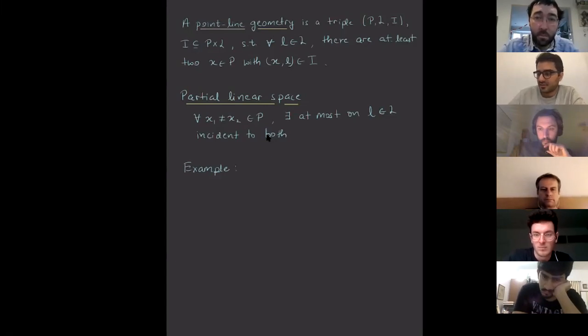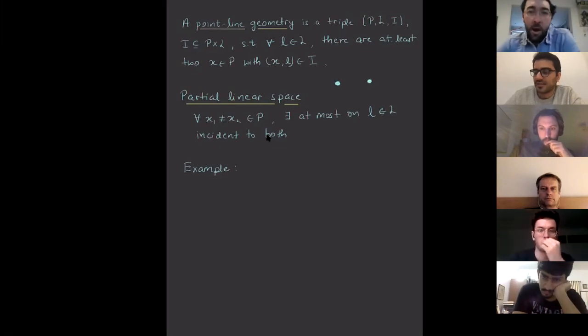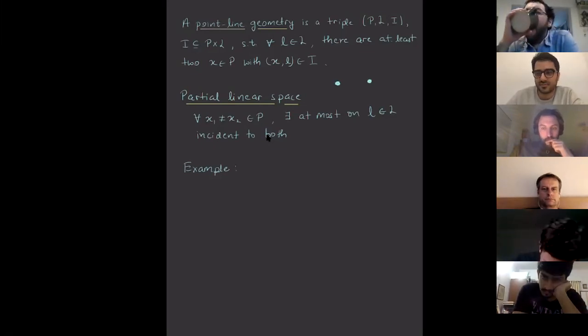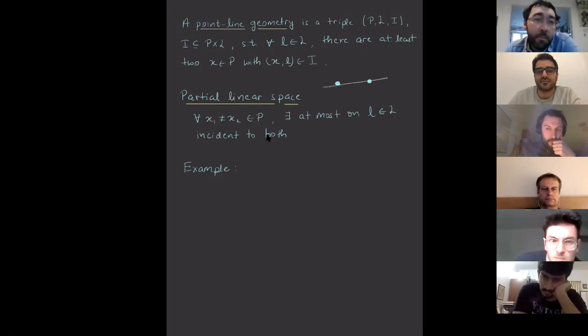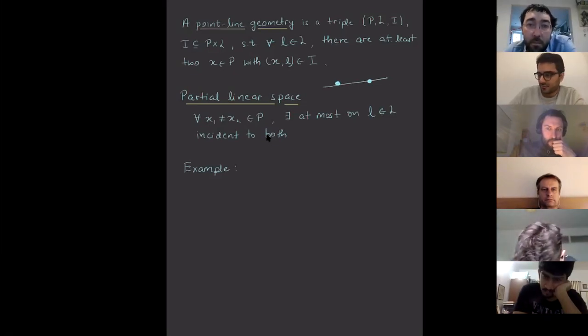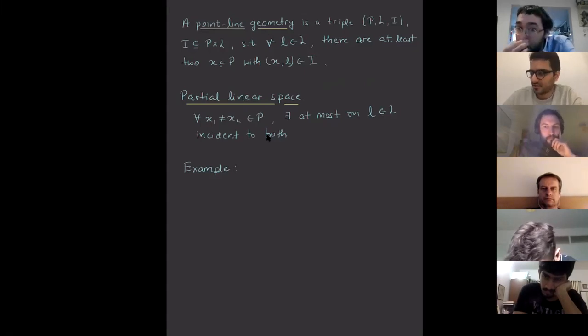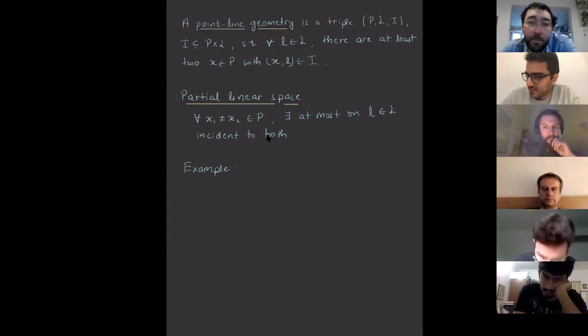And they have this condition that if you take any 2 points, so any 2 elements of the first set P, then there is at most one line through them. So at most one line incident with them. Okay. And for those of you who are more familiar with graph theory and combinatorics, this is exactly equivalent to